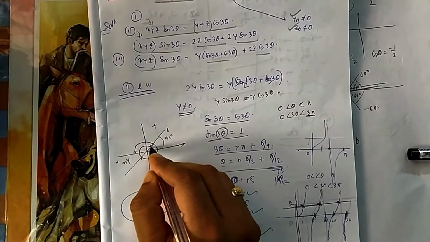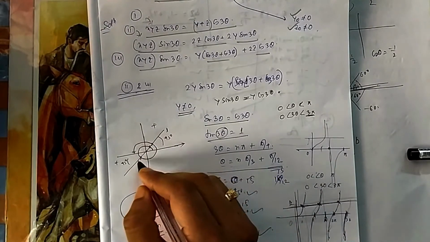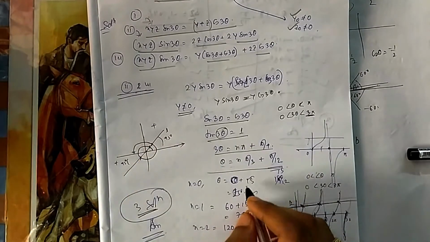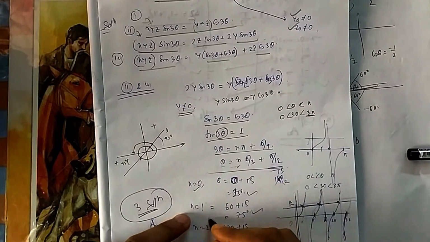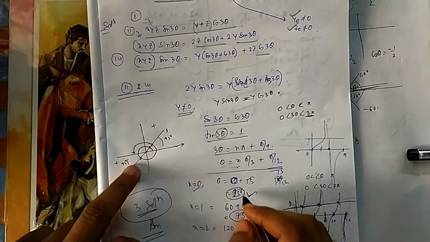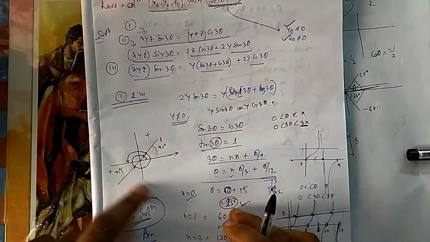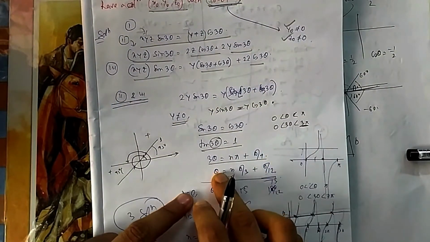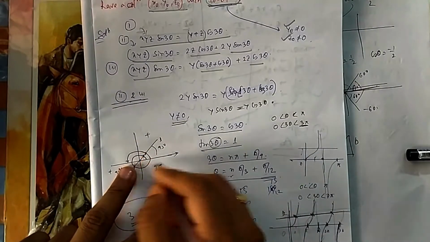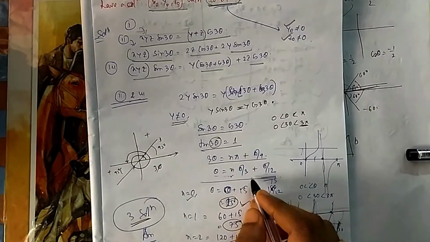First you will find at 45, then you will find at 180 plus 45, then you will find at 360 plus 45. Or you can put the values of n also, 0, 1, 2, and you see how many values are there within that 0 to 180. Here we are calculating 3 theta. 3 theta is cutting 3 times, at 3 values. For theta you need to divide it by 3.